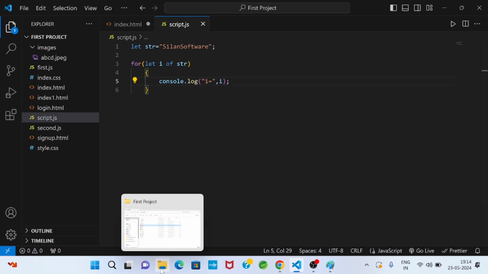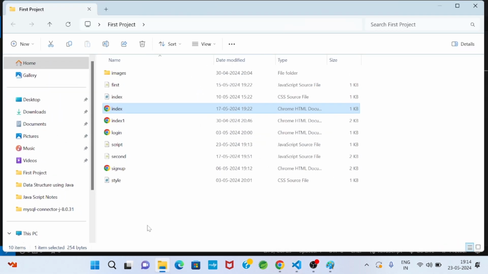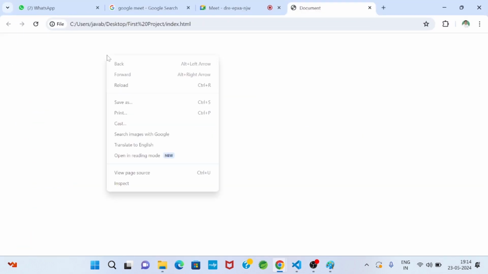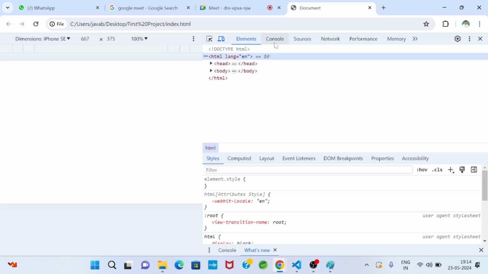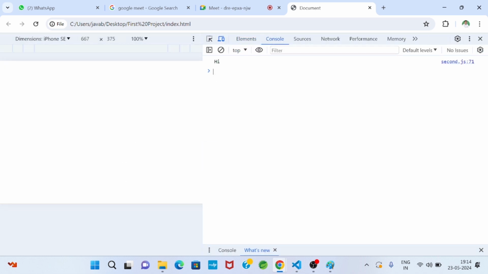Now I will go to my document. I will open index.html and go to inspect, then console. I will save script.js and index.html with control S, and do the refresh.